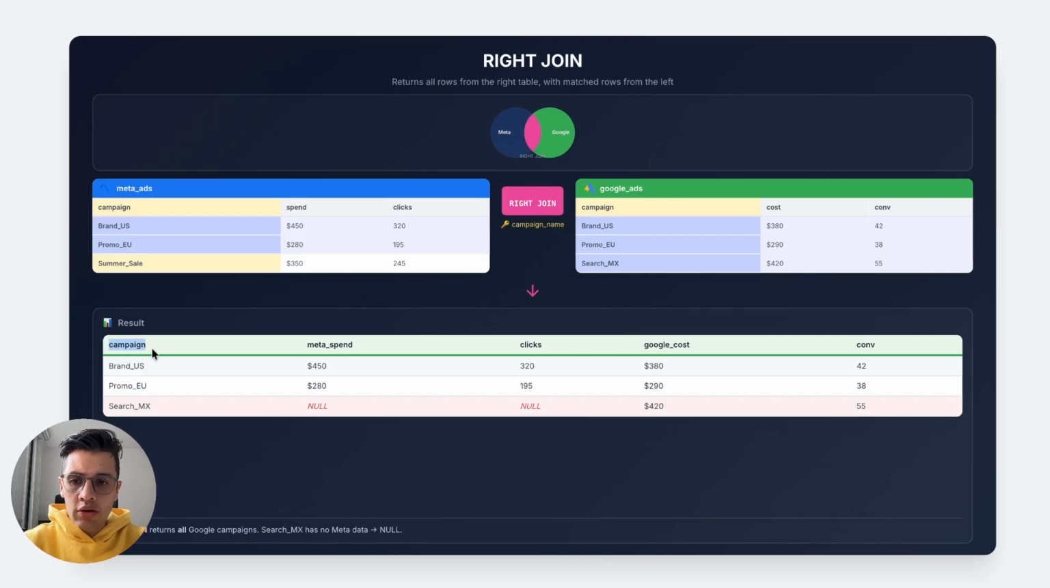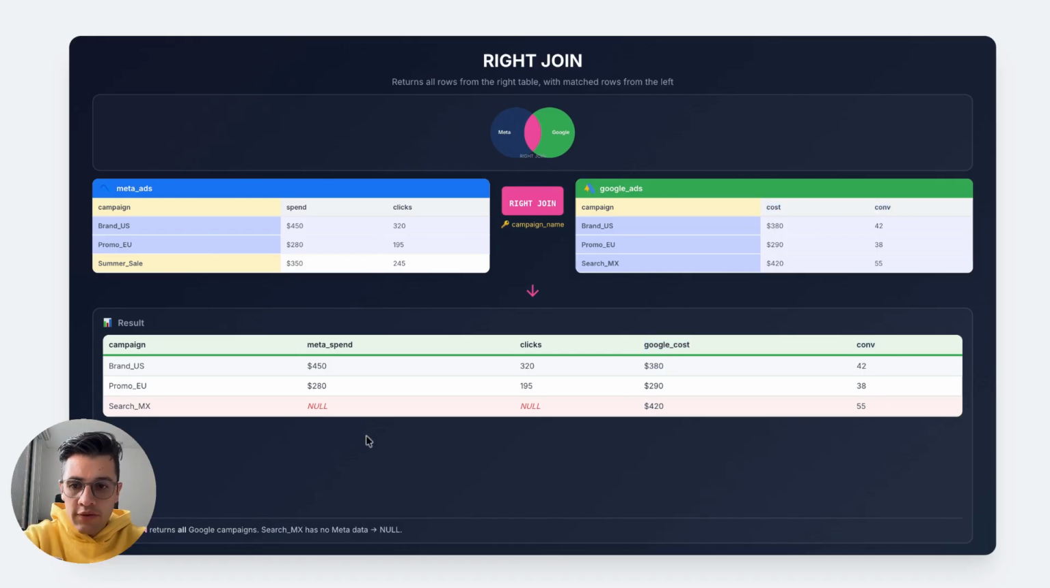We will have the column campaign with all the campaigns from the Google Ads table. You can see it here: brand US, promo Europe, and search Mexico, because those are the three campaigns of this table. And the rest of the columns of this resulting table will be the meta spend, that you have here, the clicks, that comes from here, Google cost, it comes from here, and the conversions, that come